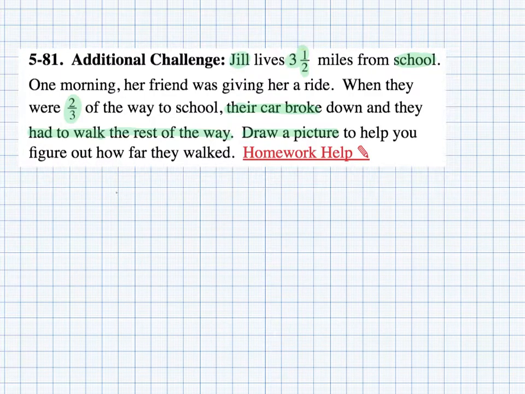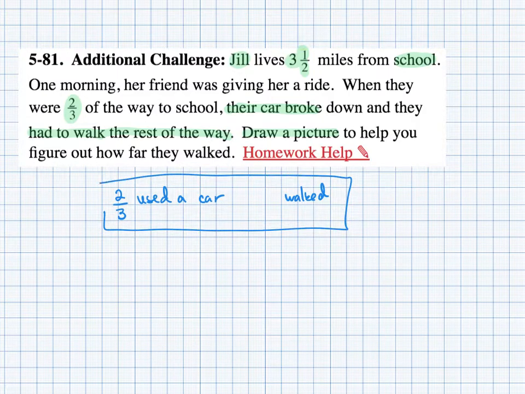However, we know that 2/3 of the way they used a car, and after that they walked. So how much did they walk if the total is one whole, right? So the total distance as a whole means that they walked 1/3. So together that makes one whole. So that's what we need to do. So the first thing is we know that they walked 1/3 of the path. So 1/3 of the path